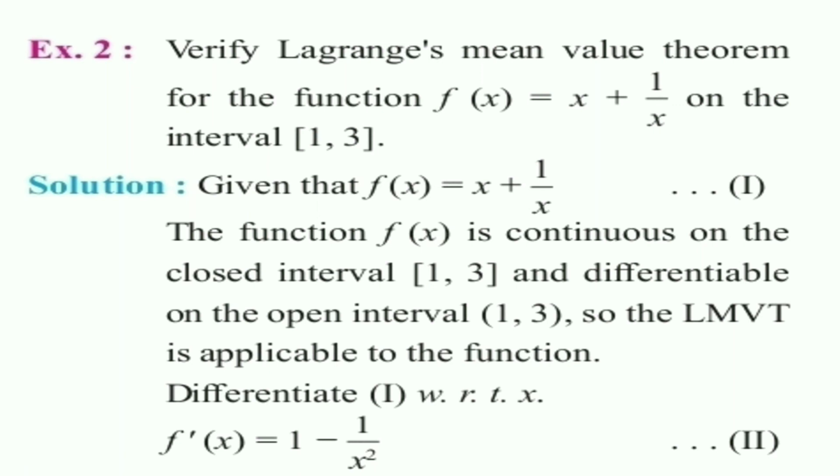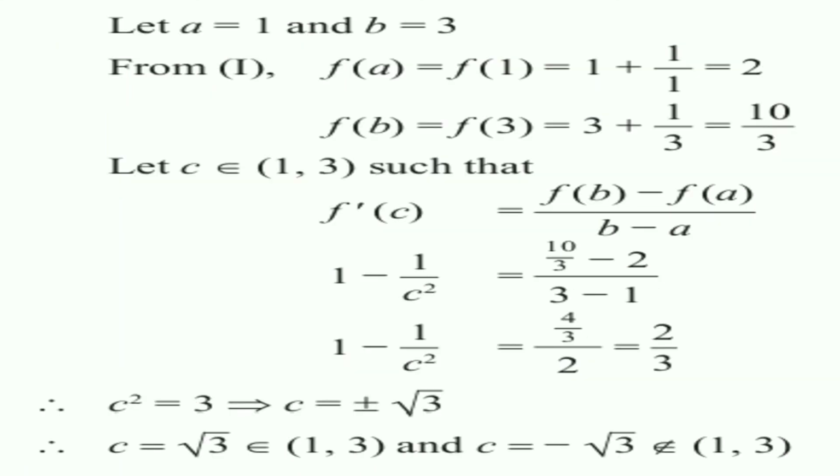Differentiate 1 with respect to x. Therefore, f'(x) equals 1 minus 1 upon x square. This is equation number 2. Let a equal to 1 and b equal to 3. From 1, f(a) equals f(1) equals 1 plus 1 upon 1, which is equal to 2. f(b) equals f(3) equals 3 plus 1 upon 3, which is equal